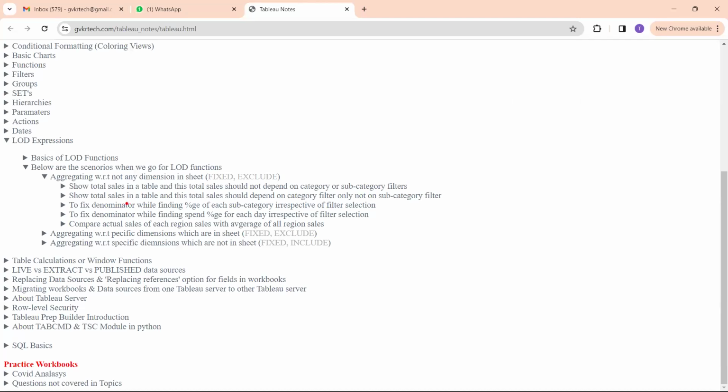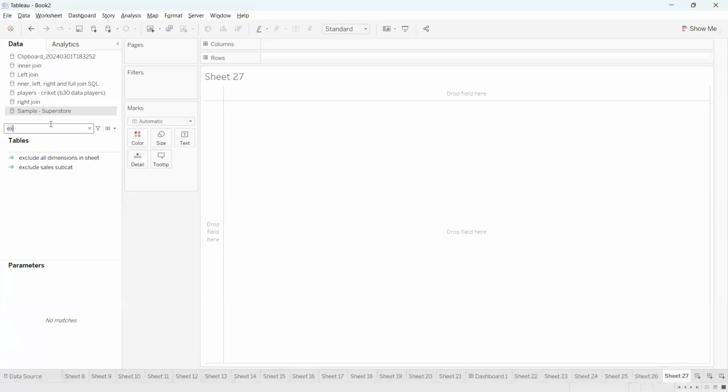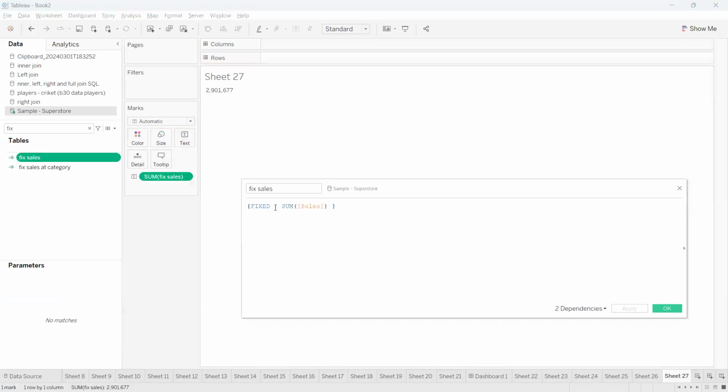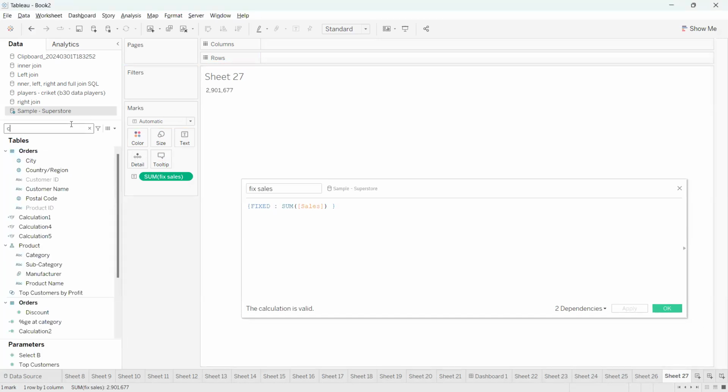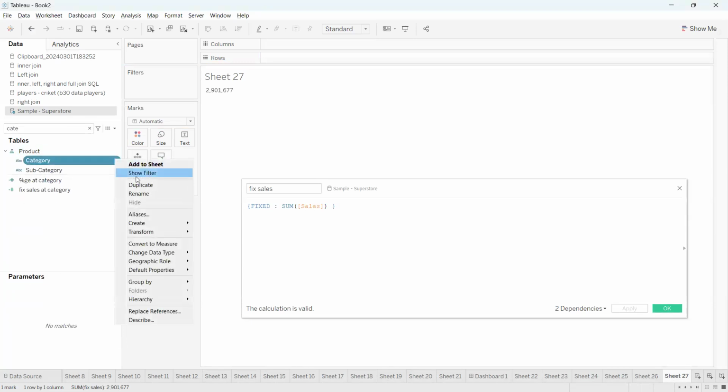Okay, the second requirement is very easy. I want to fix my total sales and it should depend upon category only. It should not depend upon the subcategory filter. So what I will do, I'll go to this same calculation. We are using one fixed LOD right here, fixed sales. In this fixed sales, we are not using any dimension. Because of that reason, if I do category as a filter, I told you, just to make it simple,